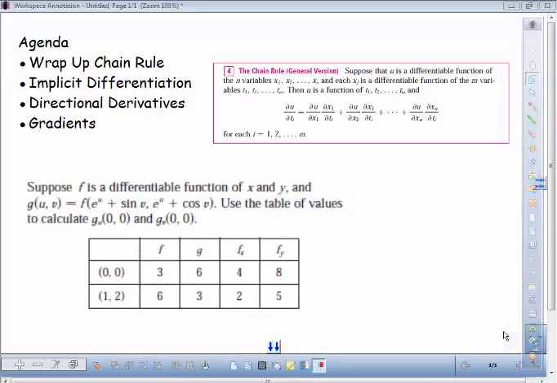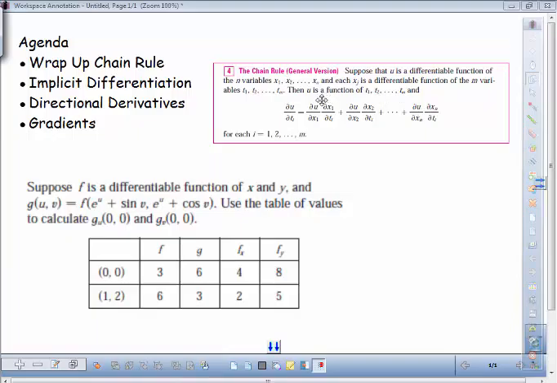I copied this from the textbook, and this is just a general version of the chain rule that gives us a holistic formula for any kind of derivative that you might have to come up with using the chain rule. But the only thing that we should worry about is that if